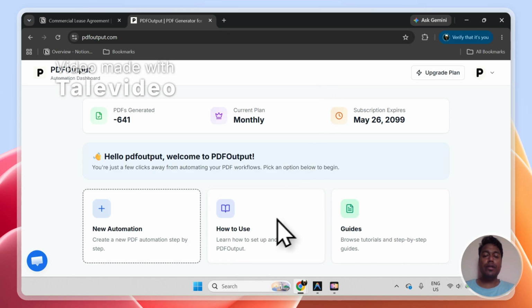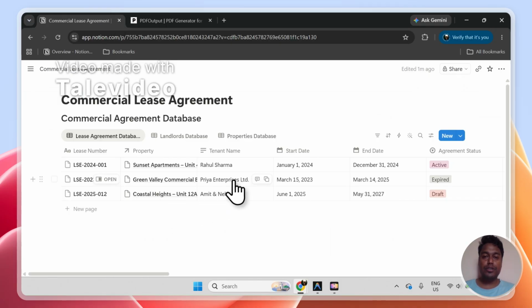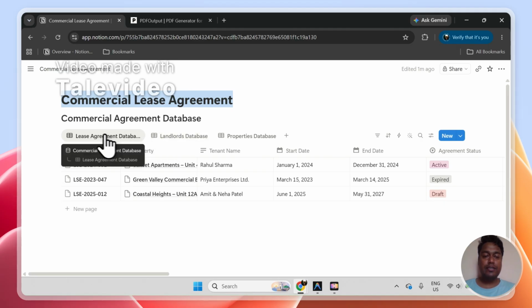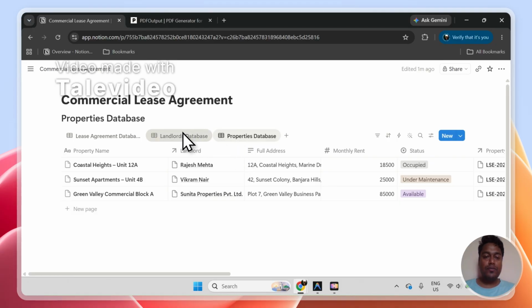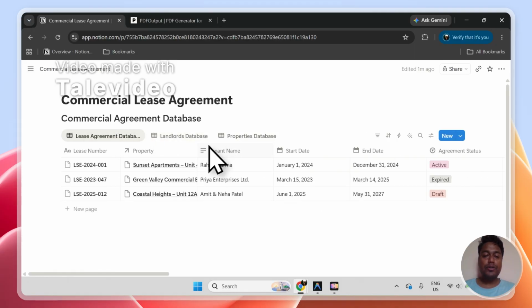Hi, today we are going to look at how to create commercial lease agreement PDF files on automation from a Notion database. As you can see, I have a commercial lease agreement database set up over here. I have three connected databases being used: the lease agreement database, the landlord database, and the properties database. With the help of these three databases, I'm going to create PDF files on automation directly within the Notion database